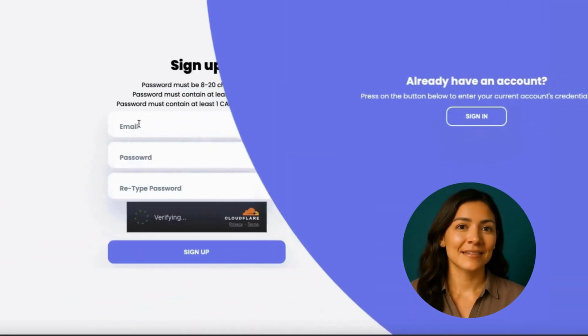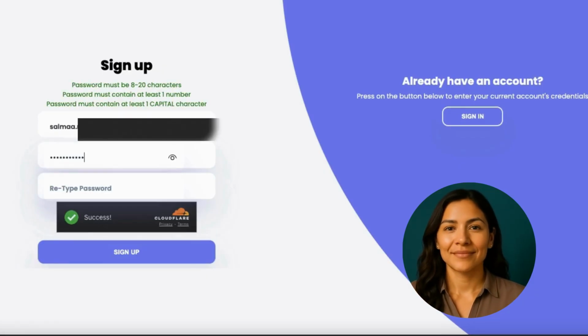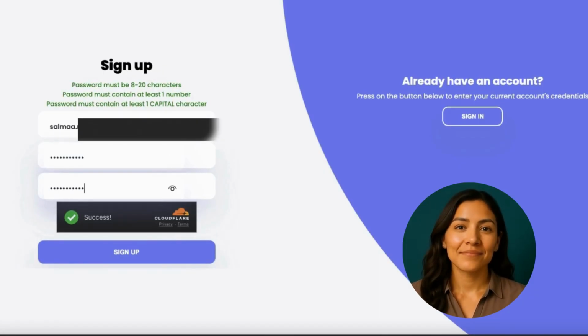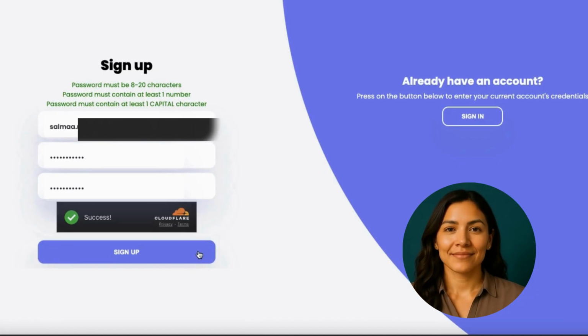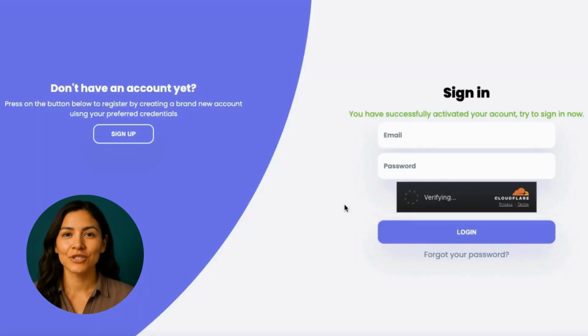Whether you're in the United States or Canada, be careful that this is permanent and you won't be able to merge accounts from different regions together. Now, click on Sign Up button and enter your email and password. Code will be sent to your email. Enter the code and you will be able to log in to the Add Hotel page where you will start